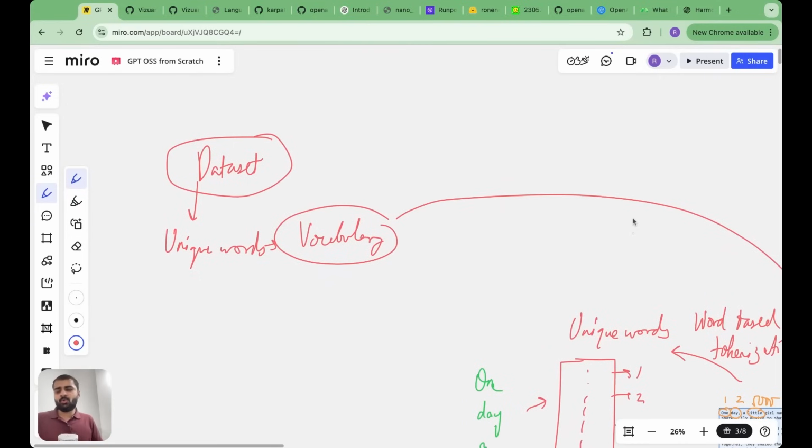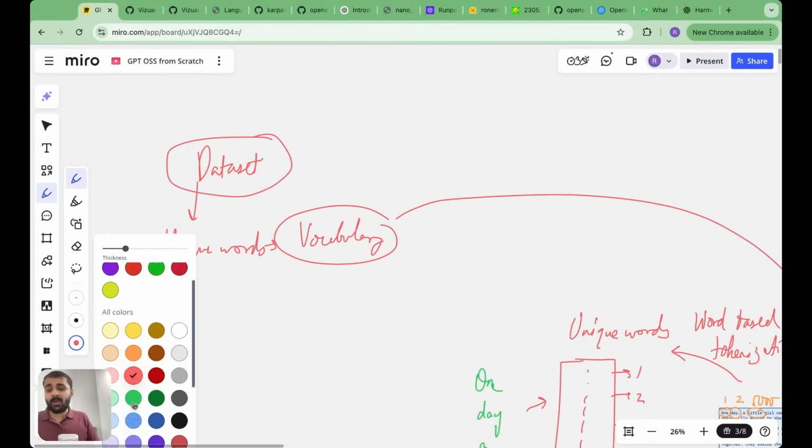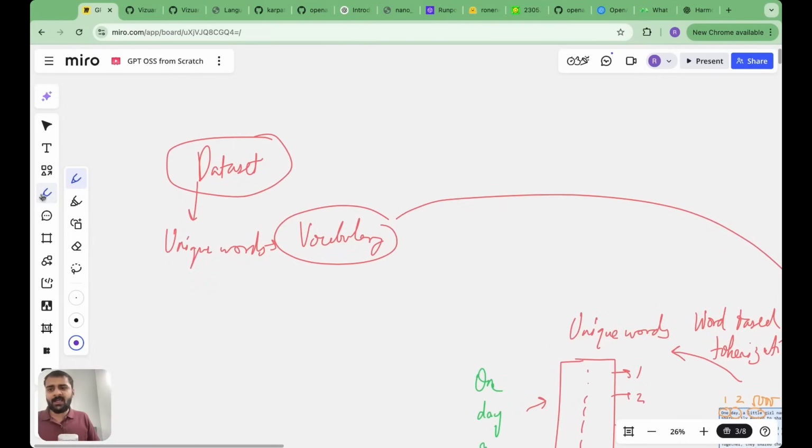What's the major issue with this approach? You can pause the video and think about this. If you have been through my previous videos, you know I like to ask this question. The first major issue with this approach is something which is called the out of vocabulary problem. Now remember that whatever